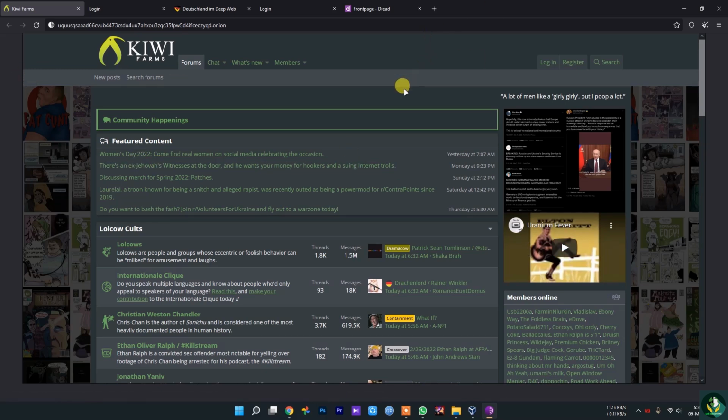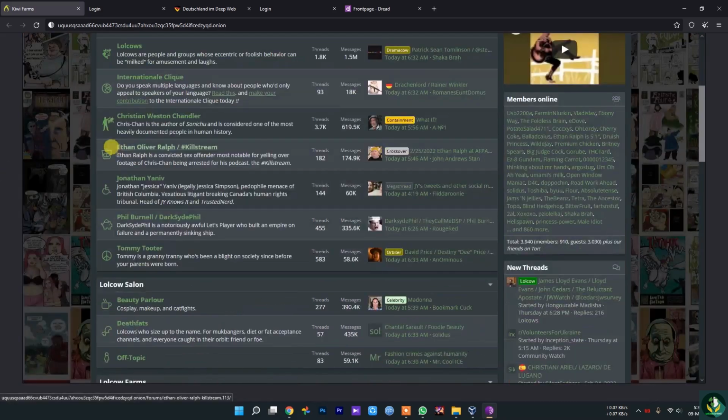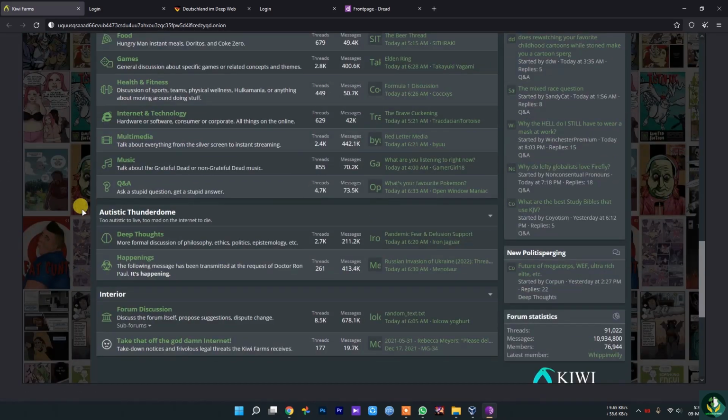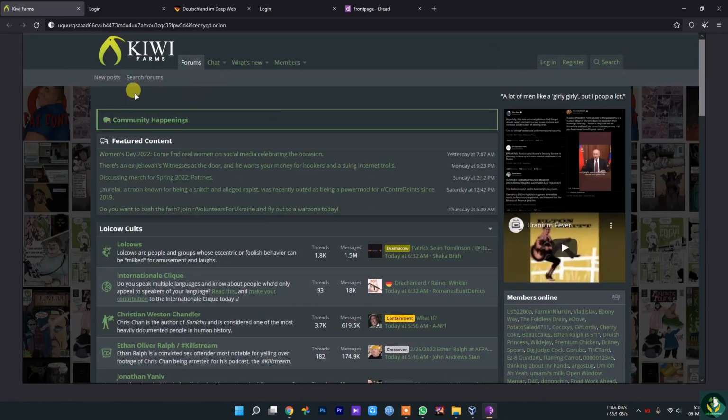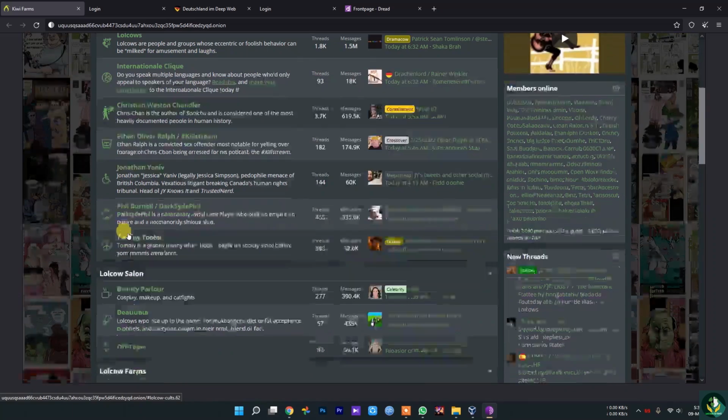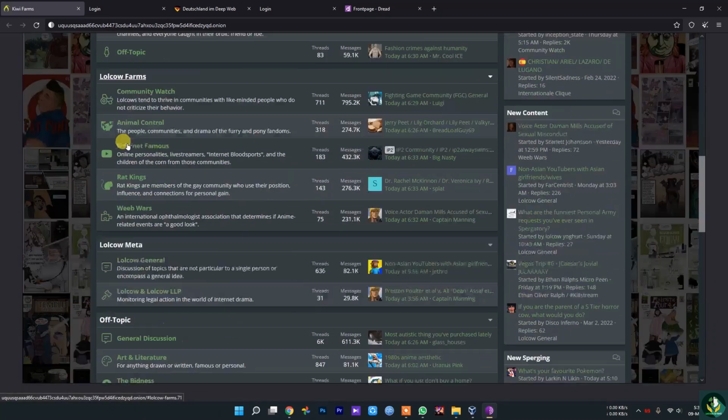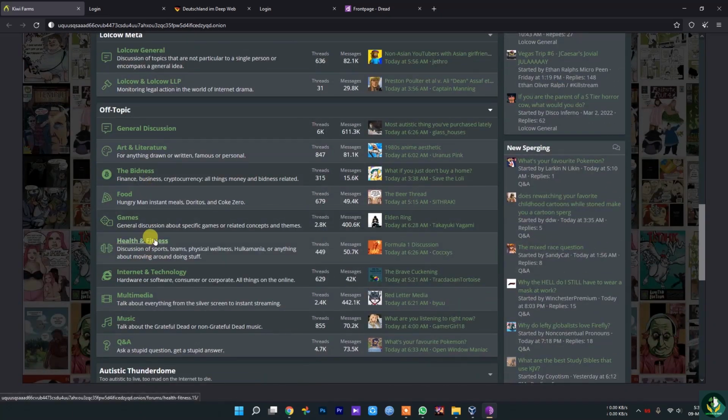As you can see, it's a good looking user interface, and it has some content. If you are a member you can log in, register, search, and even chat with other members. As you can see, it covers cults or salons or farms or any of these topics.